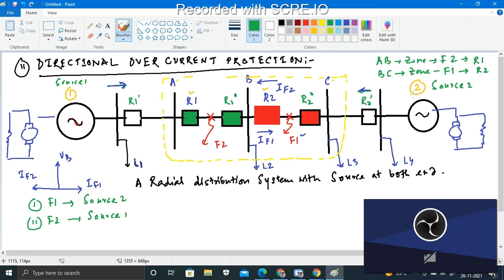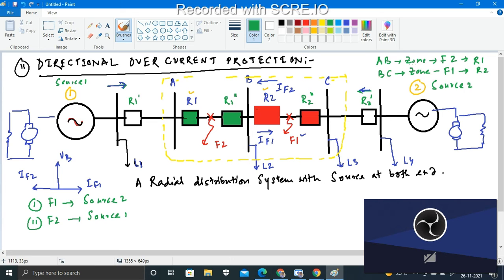So what is actually going on? There can be a situation where, for the purpose of selectivity, depending upon the selectivity of the fault, the relay will operate. It is always relative to the reference phasor inside the feeder. In a radial distribution system with sources at both ends, the fault will be fed from both ends of the feeder, as I already told you. So to interrupt the fault current, relays at both ends of the feeder are required.